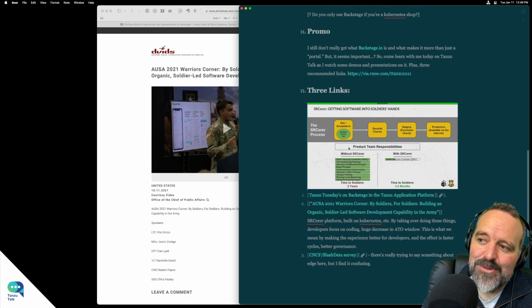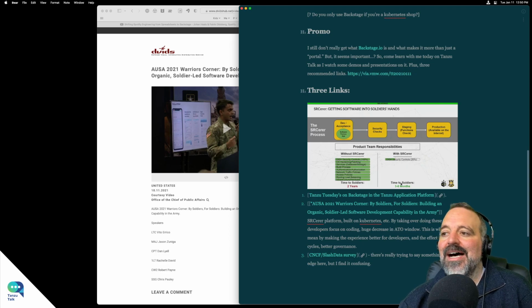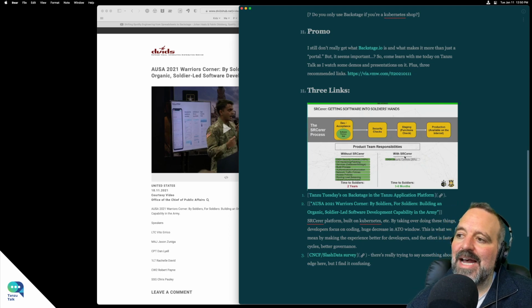And I like this visual a lot because it shows the typical process to get code out the door. It shows over here all the things that usually you have to go through to worry about. And then it's implied, and I'm pretty sure this is what it means, that they have automated all of that stuff, which not only makes it faster, but makes it a lot more reliable, I would say. And instead, application developers only have to worry about 26% of one of these little slices of the burger here, which is great.